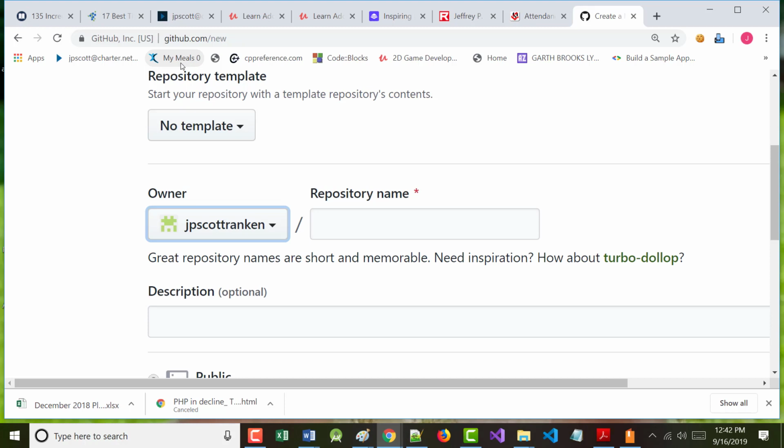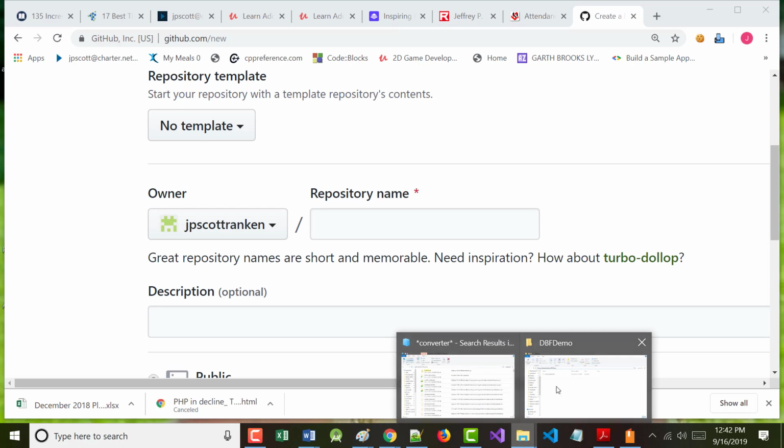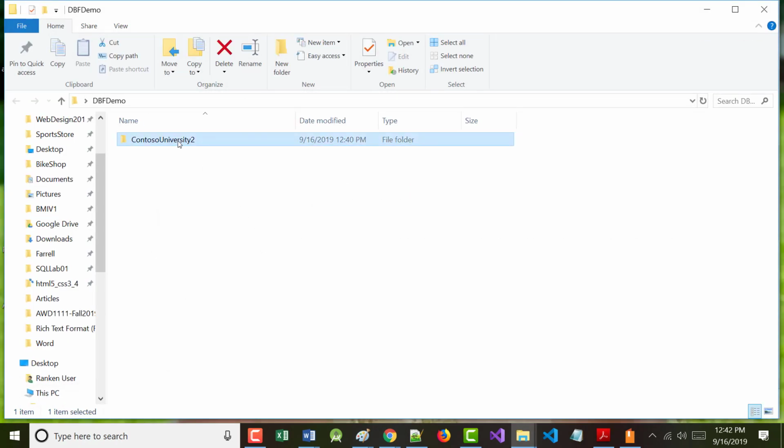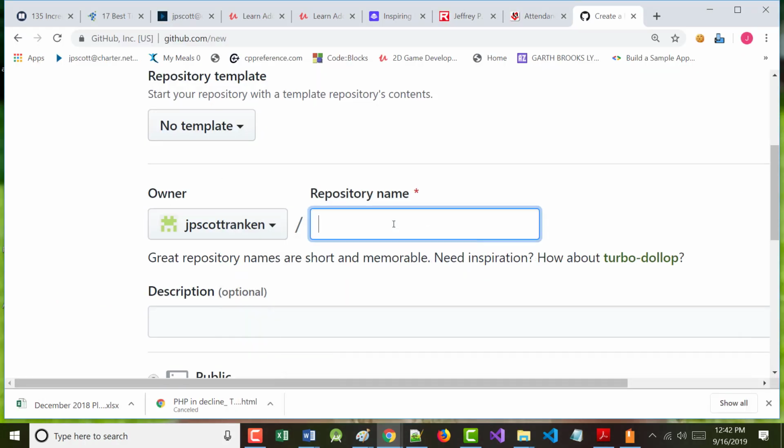So I'm going to come in here, and I'm going to create a new repository with the same name as this folder name right here. That is going to be important. So I called mine ContosoUniversity 2. If you called it that, that's what you're going to want to do. If you called it something else, make sure that the folder that you are about to create has the same name. Everybody got that?